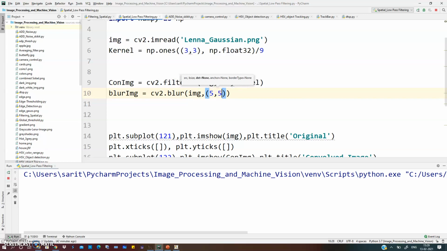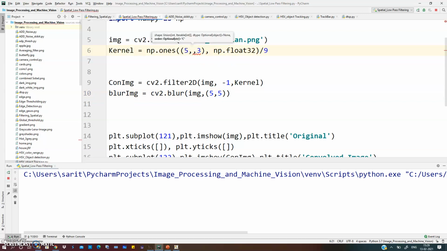So I will keep 5 by 5 to compare the result, and for the 2-dimensional one, 5 by 5 also. So both the kernel sizes are the same here.